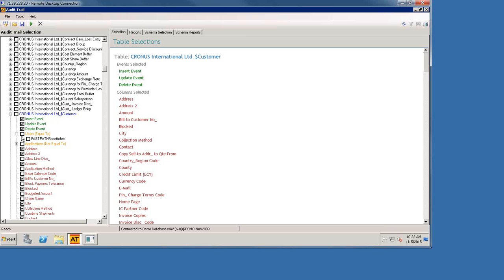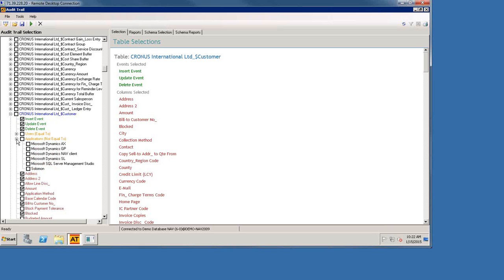The other conditional audit that we have is application not equal to. The way that application not equal to works is just like the user: whatever user you selected, that's the only one that you're tracking. Whatever application you select here, you're not tracking changes from that application.